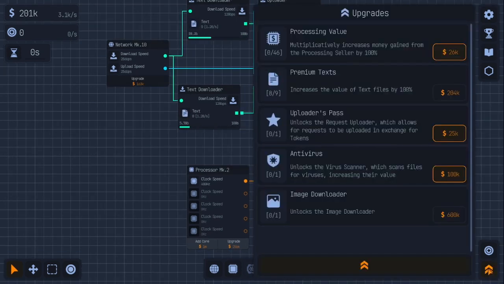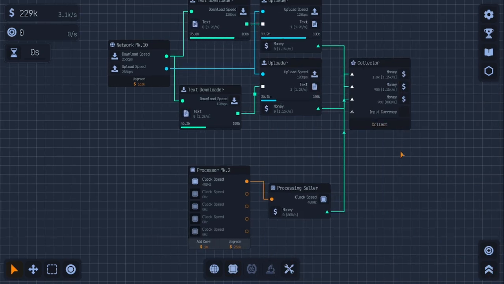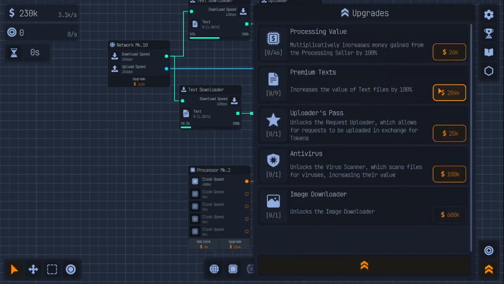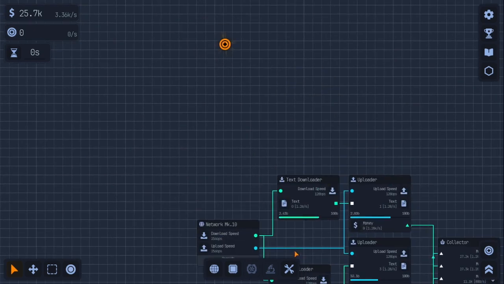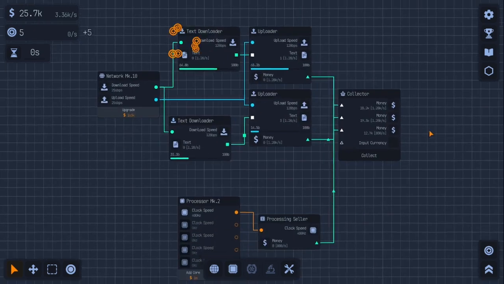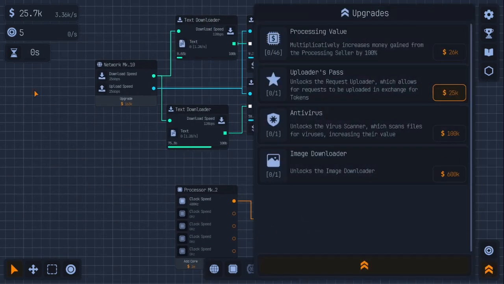It's been just a couple of minutes. I did a sell and thought I would have enough to buy the last level of premium text, and I was 3,000 short, which was kind of annoying because at the moment I was making about 1,000 a second for one of my text uploaders. So I just missed it by a couple of seconds, but now that that has been completed, it's no longer